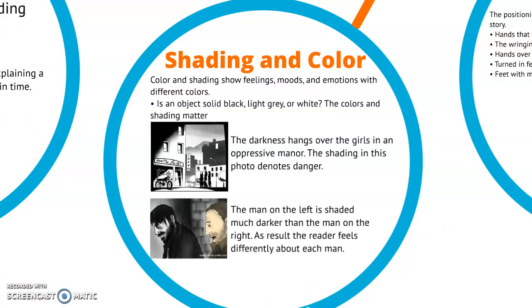Shading and color. This is really important for mood. Very important for mood. Color and shading show feelings, moods, and emotions with different colors. Is an object solid black? Is it light gray? Or is it white? The colors and the shading matter. If we take a look at the first panel, the darkness hangs over the girls in an oppressive manner, meaning that it's sort of bearing down on them and not in a good way. That's like oppression. Okay, but something